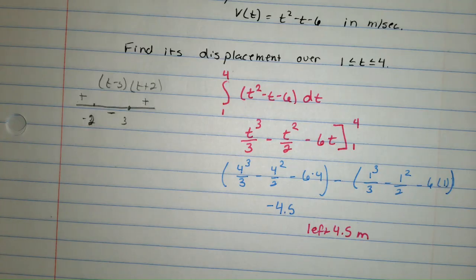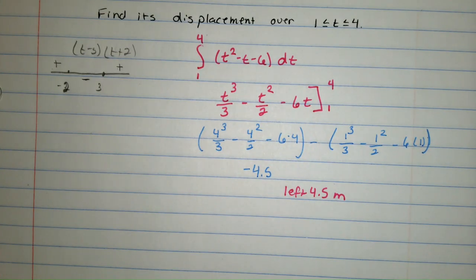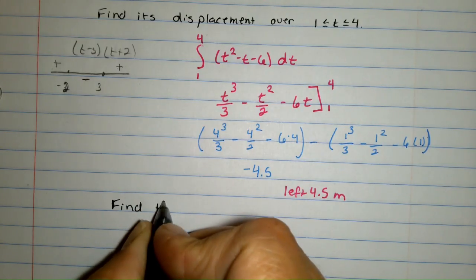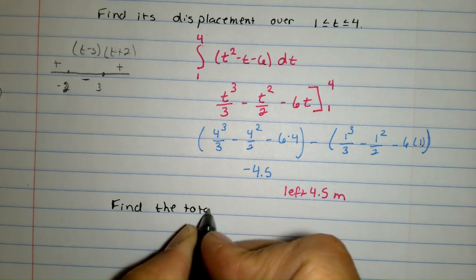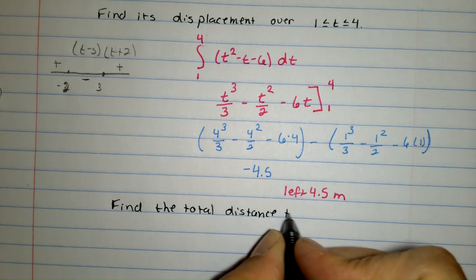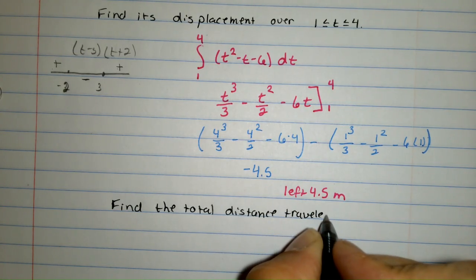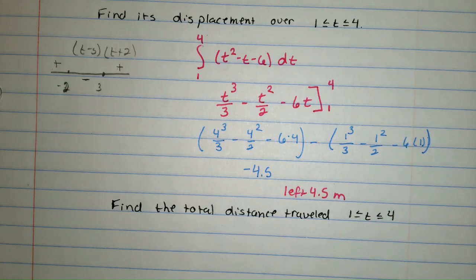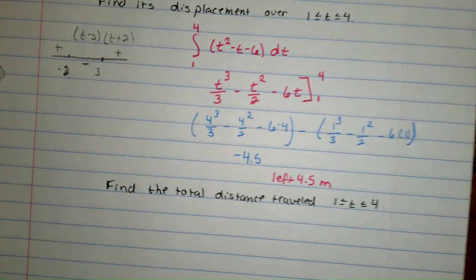Well, what if I wanted the actual distance traveled? What if I wanted to find the total distance traveled? Not the net, but the total. Between 1 second and 4 seconds. How would I do that? Well,